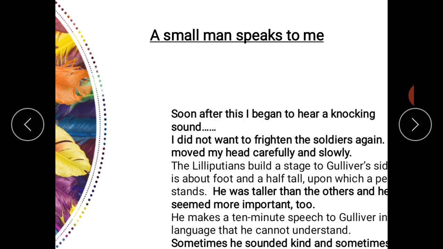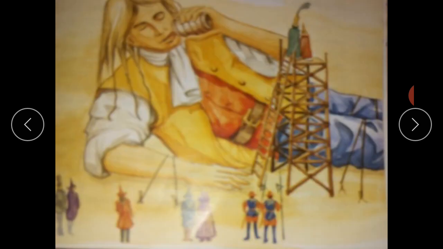Okay, next. What happens next? See the picture. Children, these illustrations, the pictures in the book are very important. They tell you a lot about what is going to happen next. What can you see in this picture? A man